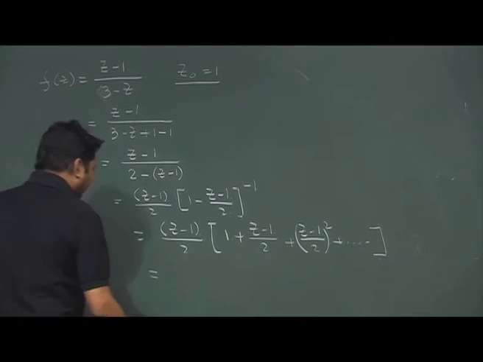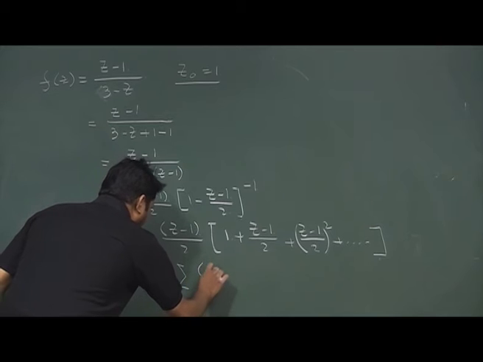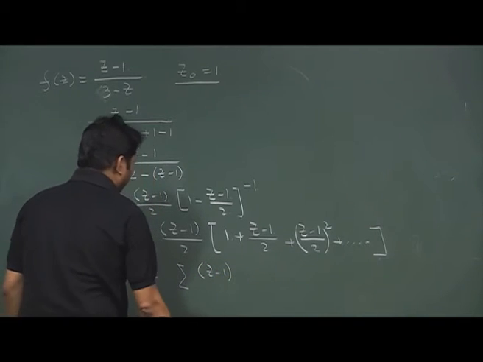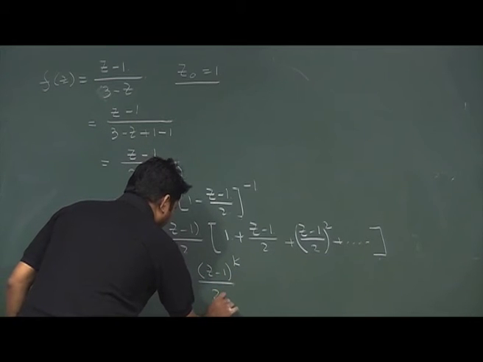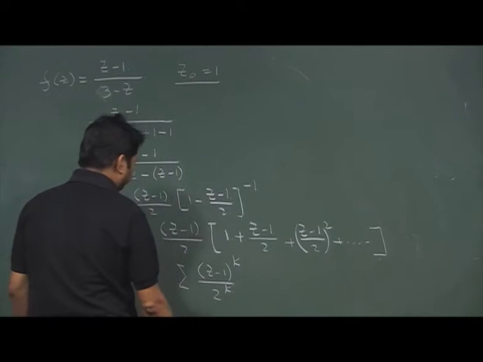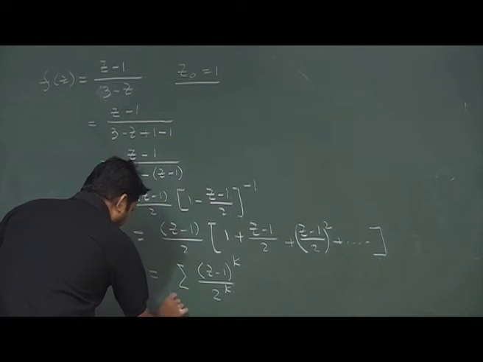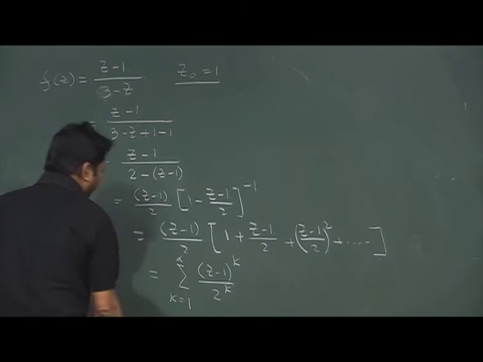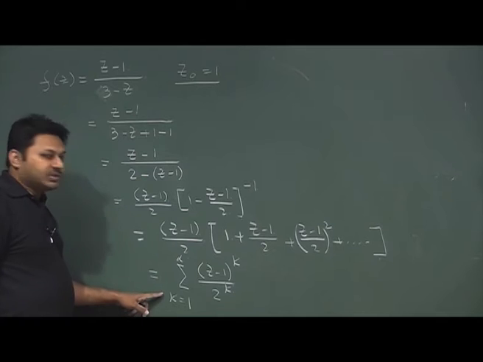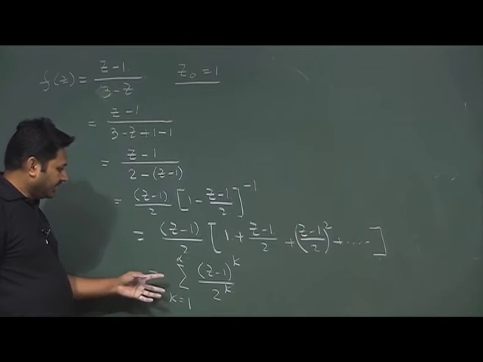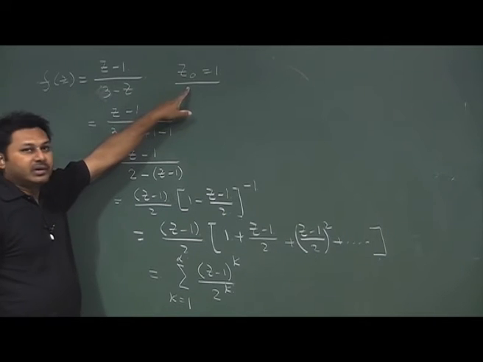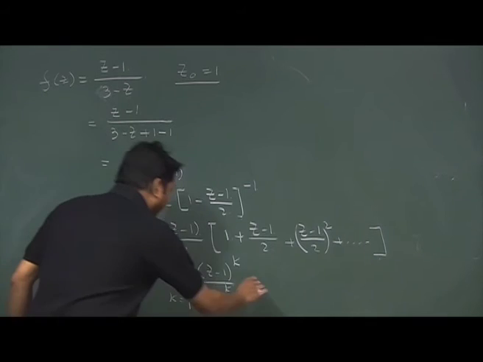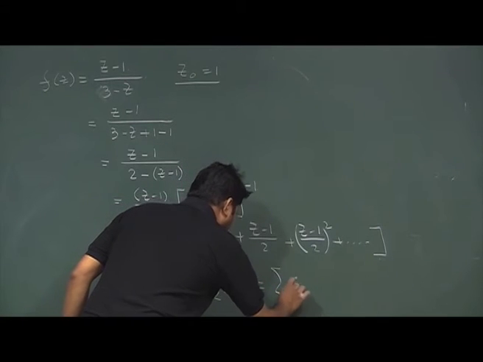So, it suggests it is the sum over (z minus 1) to the power k divided by 2 to the power k, k is say 1 to infinity. This expression I finally get. So, this is the Taylor series expression of this particular function at point z0 equal to 1. So, again if I tally that with the power series,